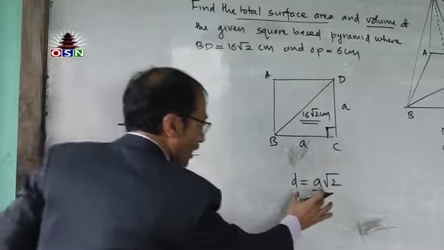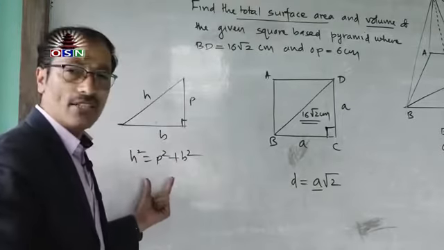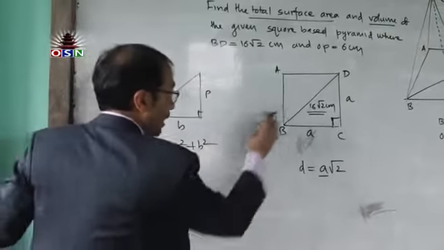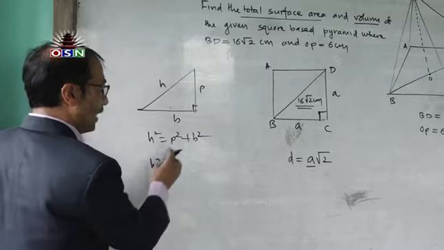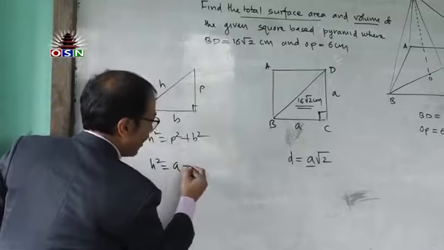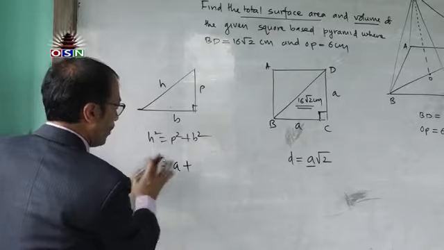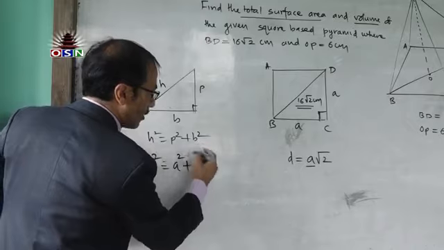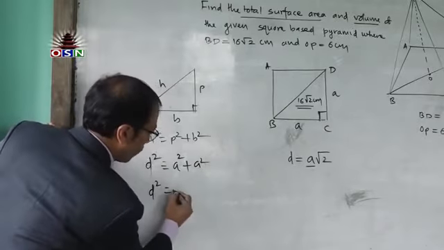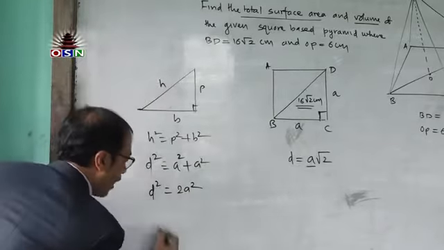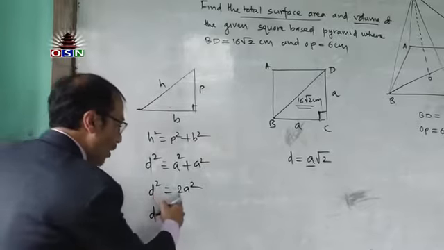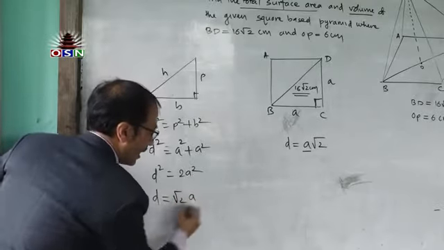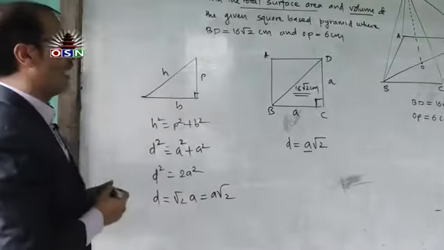If you don't remember this formula, you can go through these familiar steps. H square equals P square plus B square. P represents A, and the diagonal is denoted by the hypotenuse. So D square equals A square plus A square, so D square equals 2A square. The square root of D square is D, the square root of 2 is root under 2, and the square root of A square is A. That means A root under 2 is the formula to find the